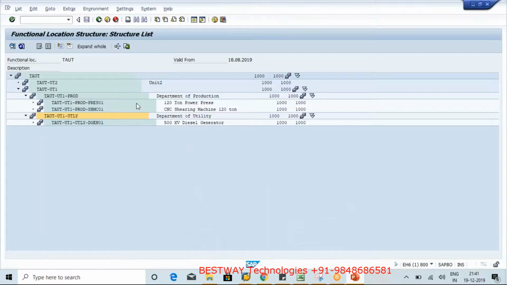Now, in your organization, there may be many function locations to be created. We just created only one hierarchy like this. You may need to create 10, 15, or even 100 function locations in the organization. Every time we cannot go back and use this IL01 T code and create them one by one. So instead of that, if your organization has a similar kind of function location hierarchical structure, then we use this reference function location